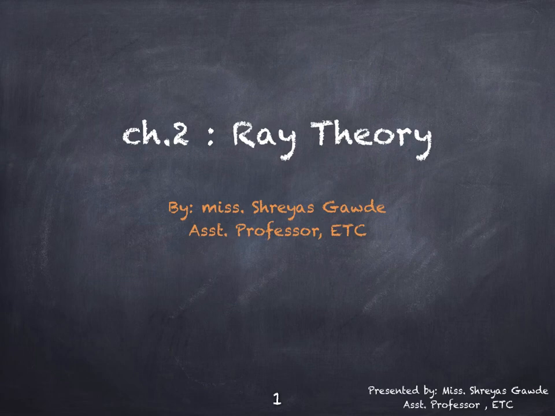So in this chapter we are going to see about the ray theory transmission, which will include topics like total internal reflection, Snell's law, the critical angle and acceptance angle. We will also be deriving some equations for numerical aperture, and we are also going to learn different types of rays through optical fibers, which includes meridional rays, skew rays, axial rays, and with this we will be concluding our presentation. So let us start.